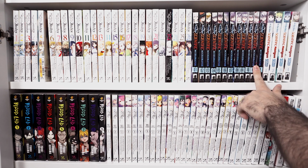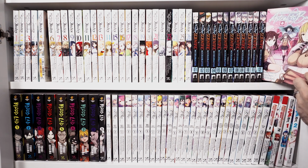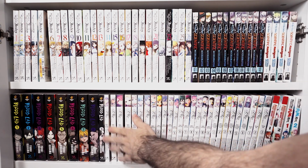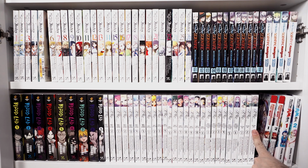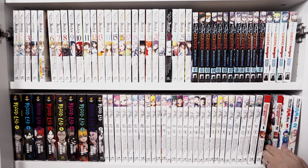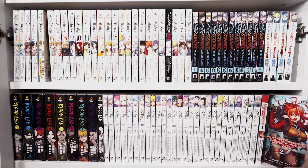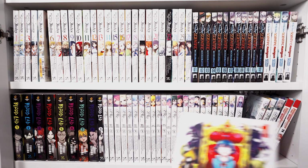A Certain Scientific Accelerator, which is a spin-off, and then A Certain Scientific Railgun Astro Buddy, which is another spin-off, and then another isekai, because I love isekais. We have ReZero. This is complete with the manga so far. And then another lovely isekai is apparently Delusion Avengers Will Save the World. If you like RPG style, it's not technically an isekai, but it feels like an isekai. This has been good so far, and man, this has been one of my favorite series that's come out this